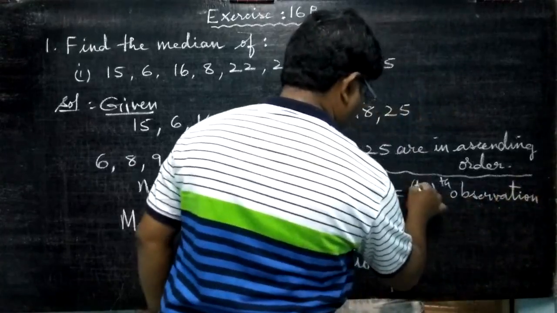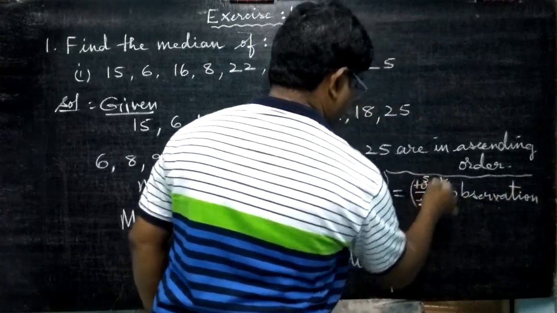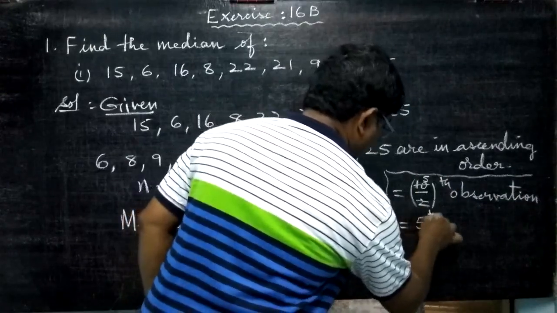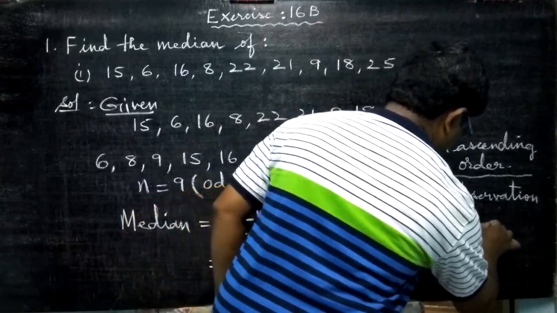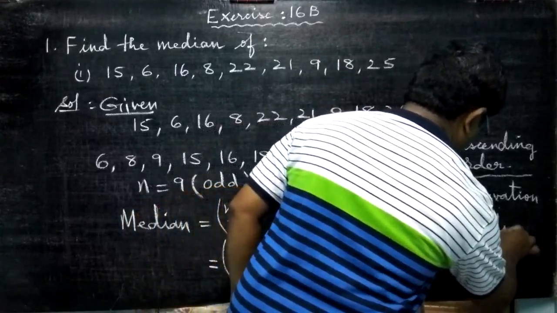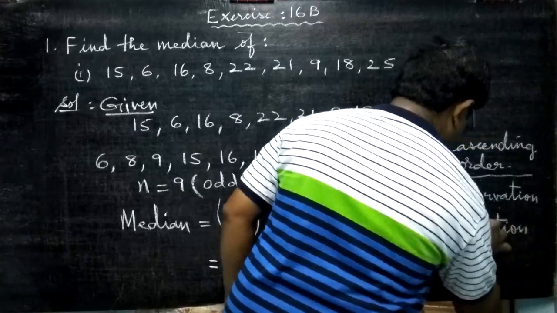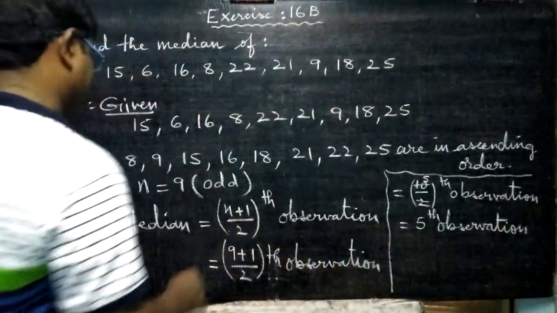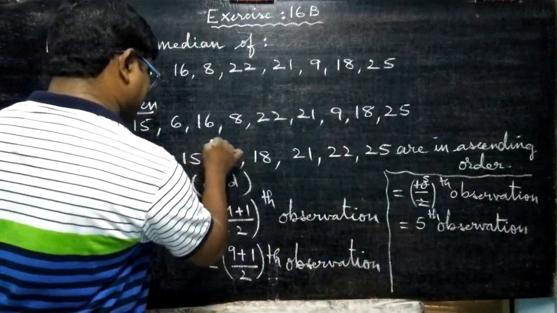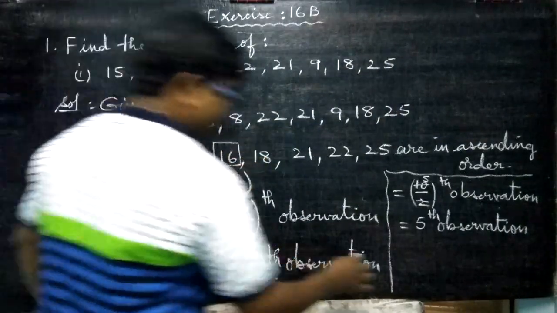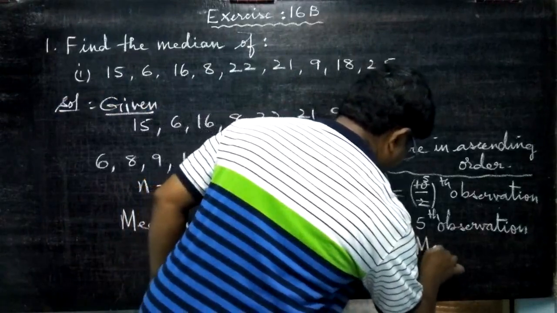Two goes in 10 five times, so fifth observation. Sir, from which side do we have to count, from first or from last? 1, 2, 3, 4, 5. This is the answer. Therefore, median is equal to